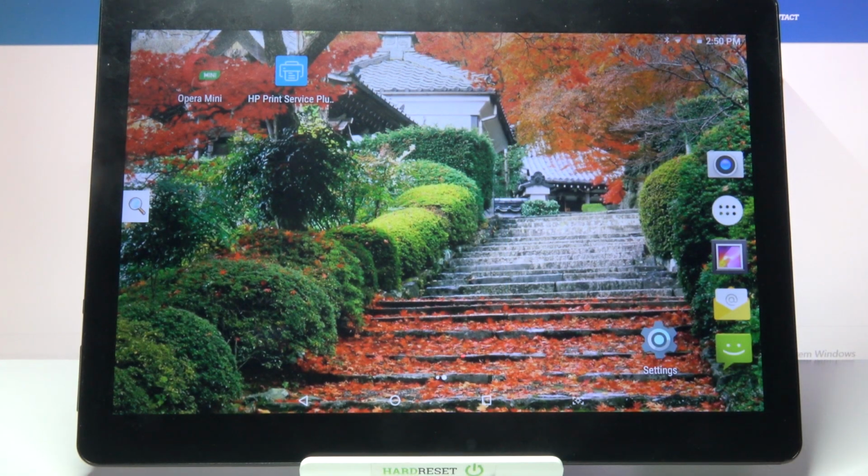Hi! In front of me is MEDIATEK KT107 and today I would like to show you how you can rename